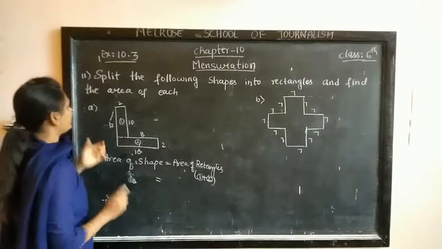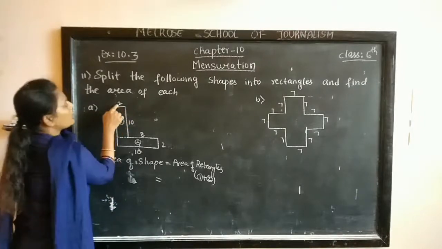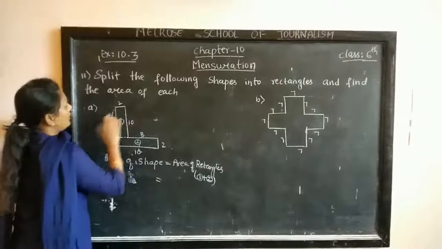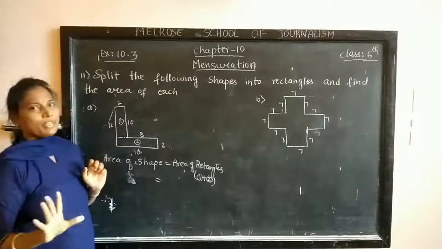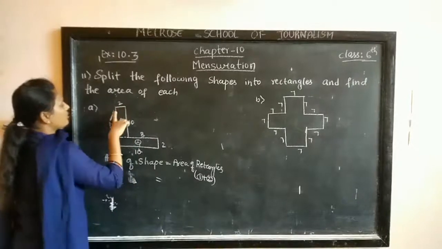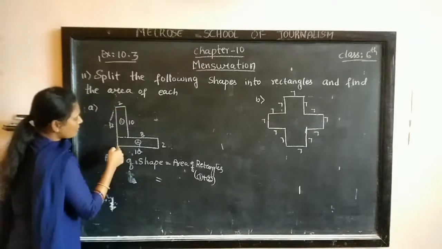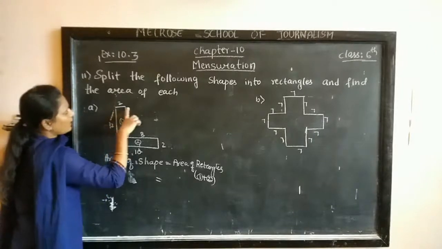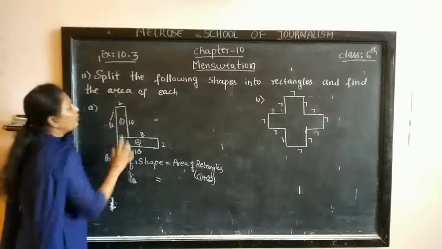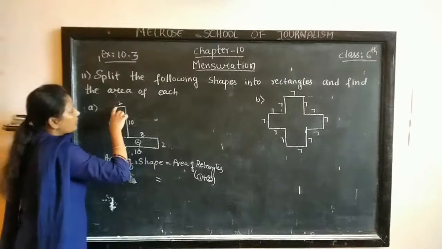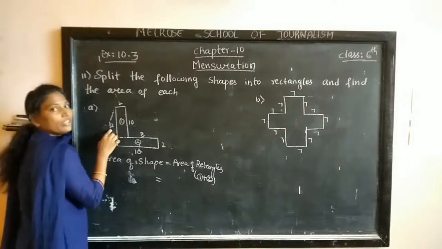See, this is breadth. This is breadth. How much is it? 2. This is length. Leave about this. You need only length and breadth. Either you may take this or this. See, this complete it is 12. Don't take this as 12 and this here it is given 10. No. This complete it is 12. Means from here to here it is 12.